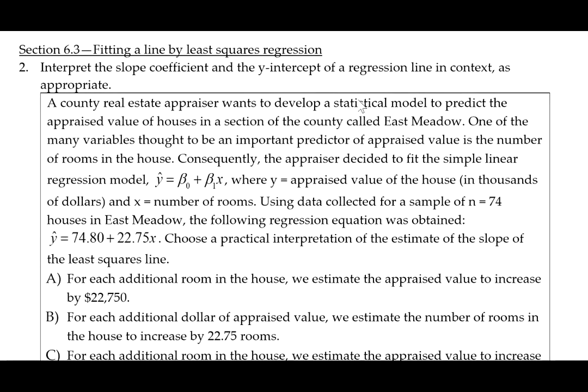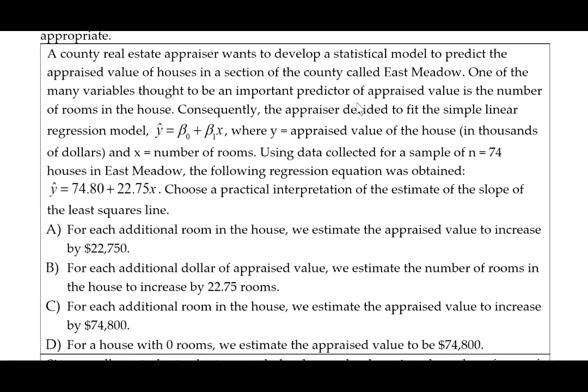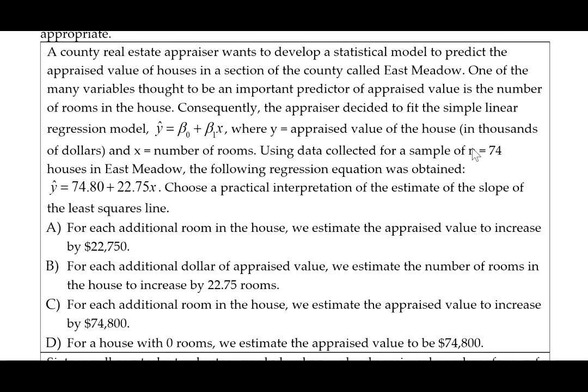So here's an example. A county real estate appraiser wants to develop a statistical model to predict the appraised value of houses in a section of the county called East Meadow. One of the many variables thought to be an important predictor of appraised value is the number of rooms in the house. Consequently, the appraiser decided to fit the simple linear regression model y hat equals beta naught plus beta 1 x, where y equals the appraised value of the house in thousands of dollars and x equals the number of rooms. In this regression equation, beta naught is the intercept and beta 1, the coefficient of the x term, is